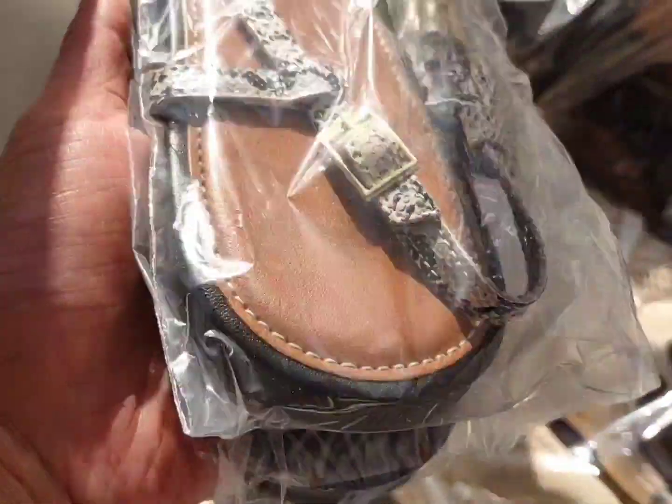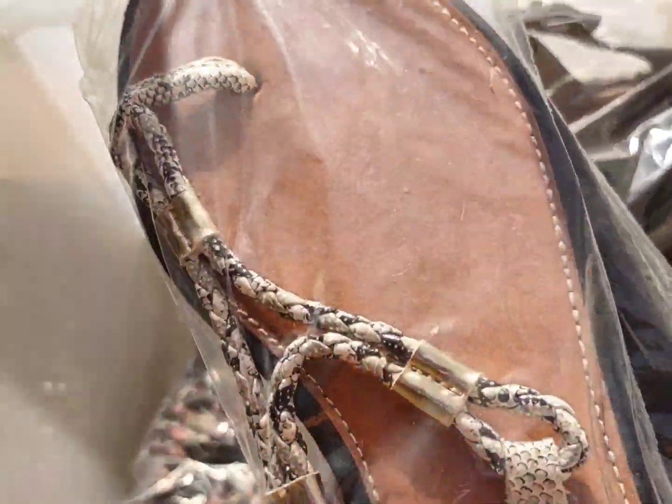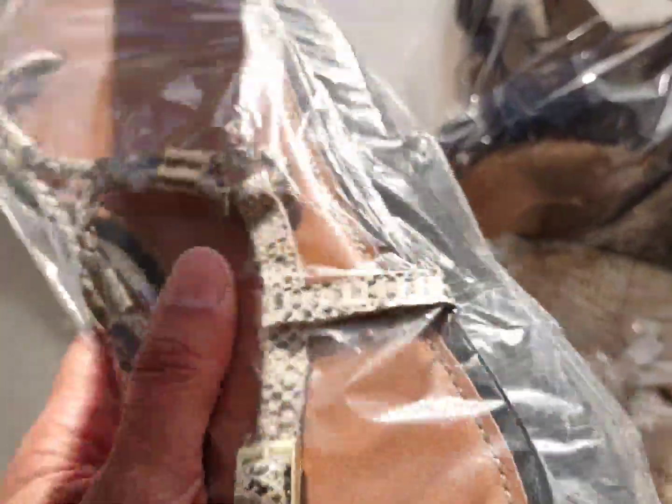This is a really cute snake print pair of Montego Bay sandals. They are pretty much like new, but they don't move from my closet. Same with these Life Stride. Just a simple black pair of, I don't know if it's leather or faux leather, but they're in great condition, but just not the most desirable, or it doesn't have the most resale value. So